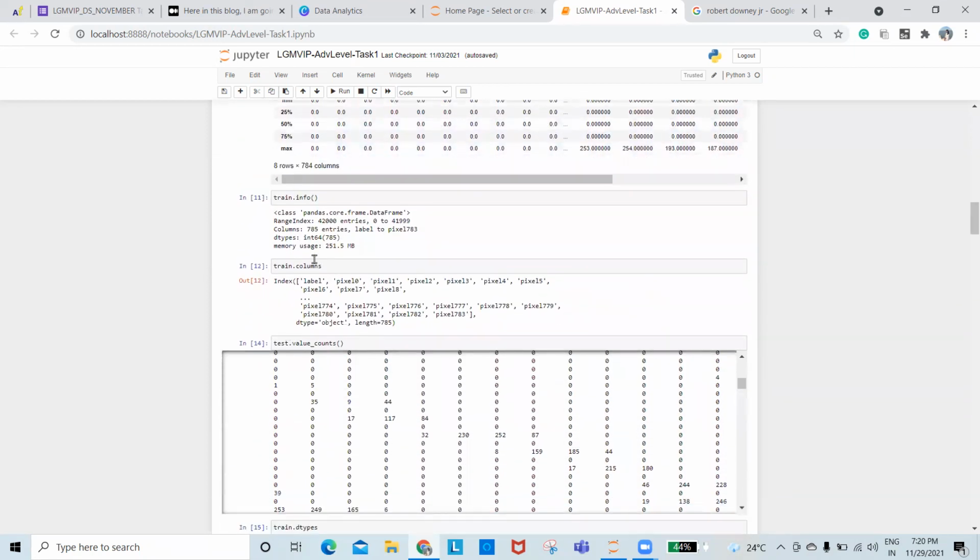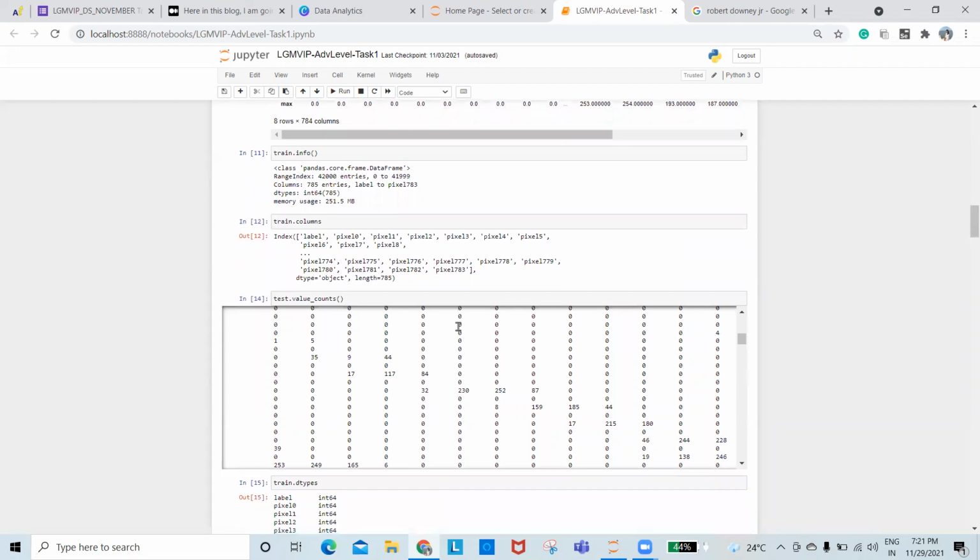And train.info gives the info about the train.csv, such as how many columns and what the dtypes are, and what the memory usage of that file is. And train.columns gives us the columns, which are label, pixel 0 to pixel 783, as we saw earlier.